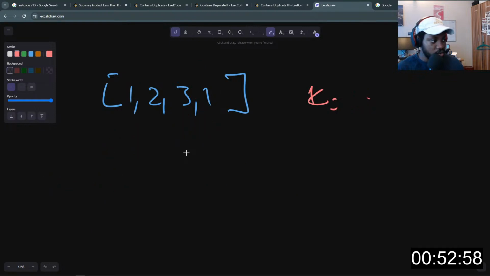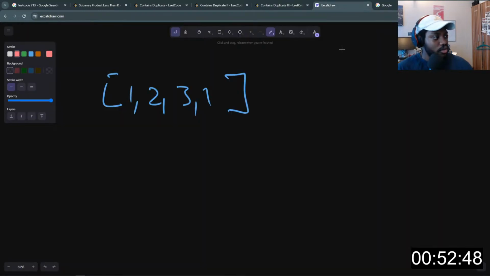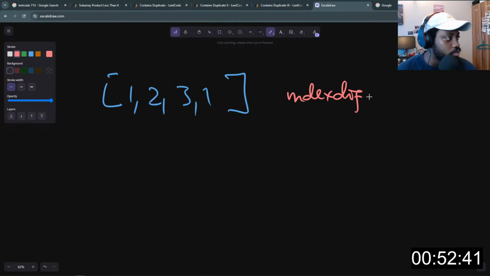Index diff will be 3, and the value diff is 0.